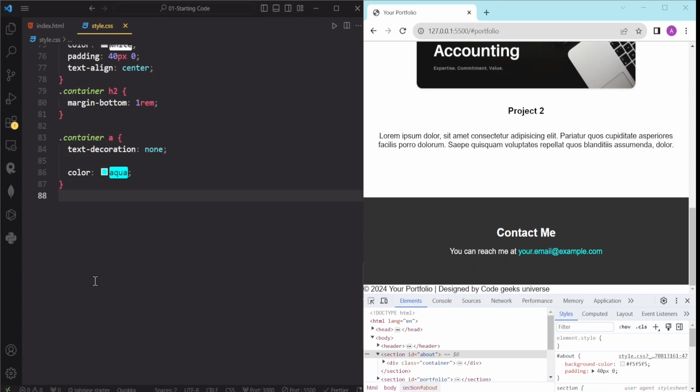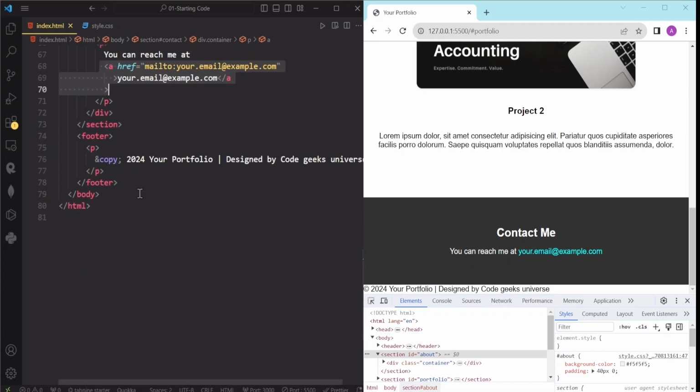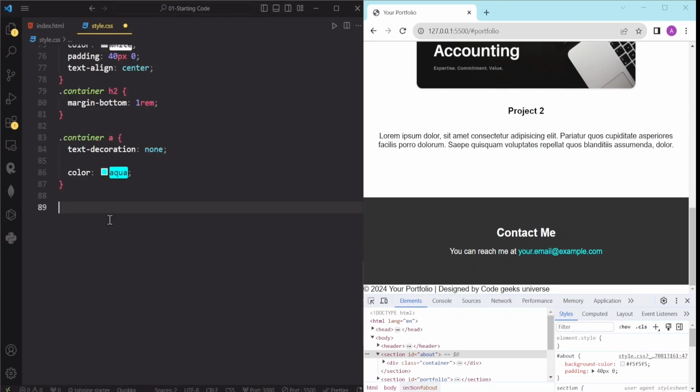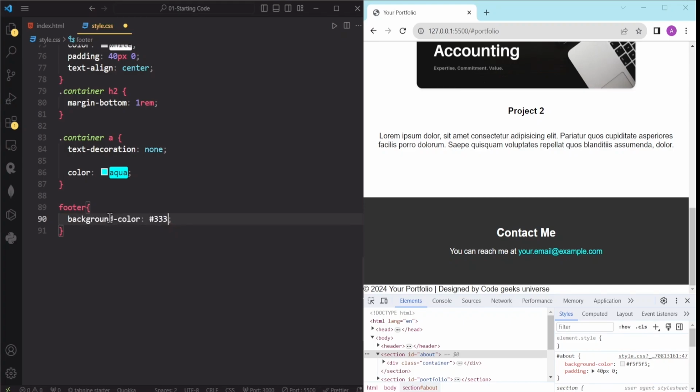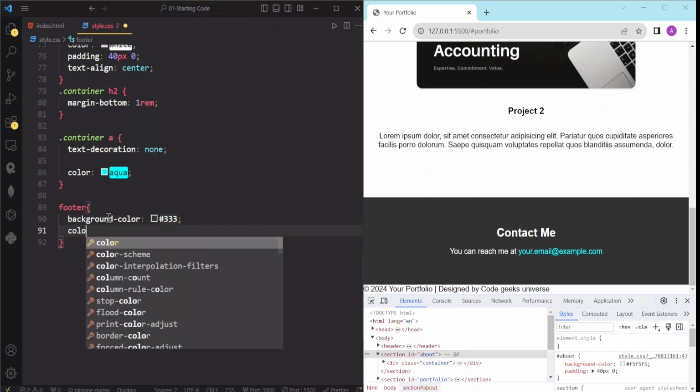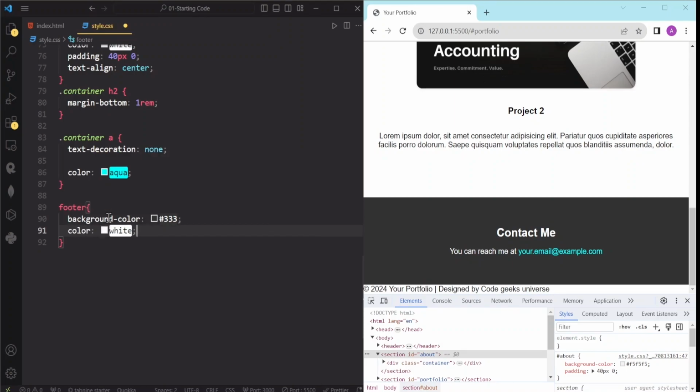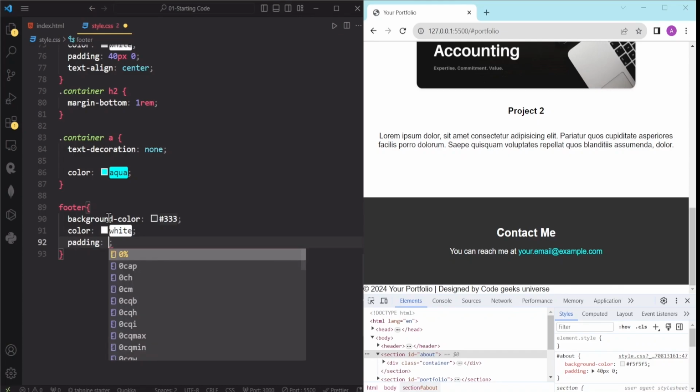And now we have successfully finished the styling of our contact section, and now we have the last section, which is this footer. And now to style our footer element, we just need to select our footer element and now here I just want to change the background color to that same color, which is hashtag 333, and then I am changing its font to white, and I am adding some top and bottom padding to this section, which is of 20 pixel